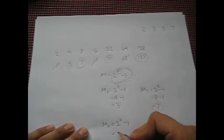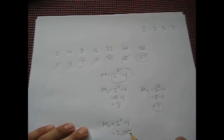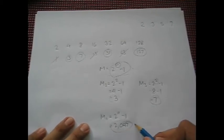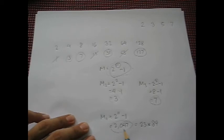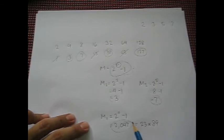This will be equal to 2047. This is not a prime number, so this is not a Mersenne prime. Okay. This can be factored out to 23 times 89. So this is divisible by 23. It's also divisible by 89. So that proves that it's not a prime number, and it cannot be a Mersenne prime if it's not a